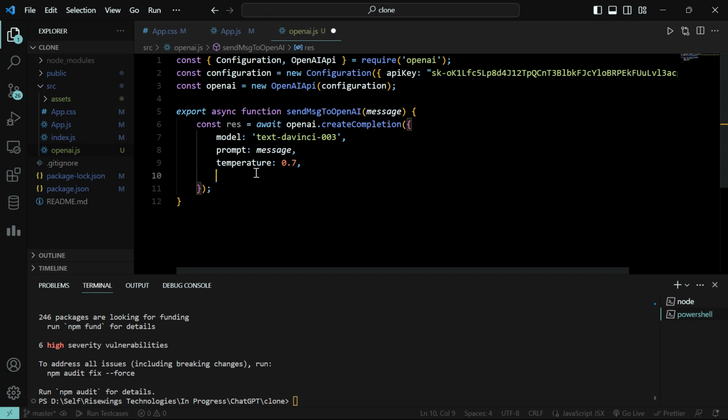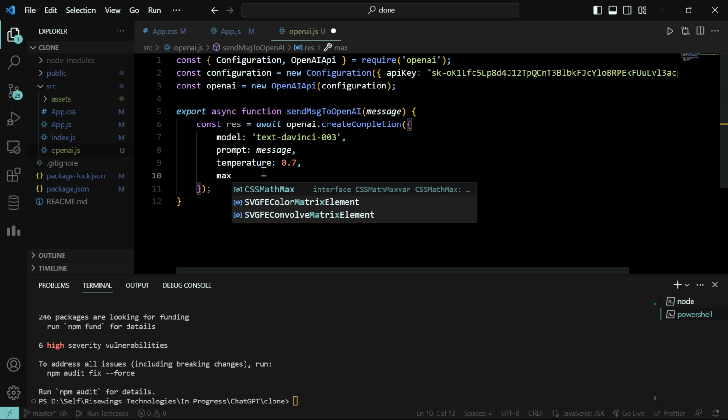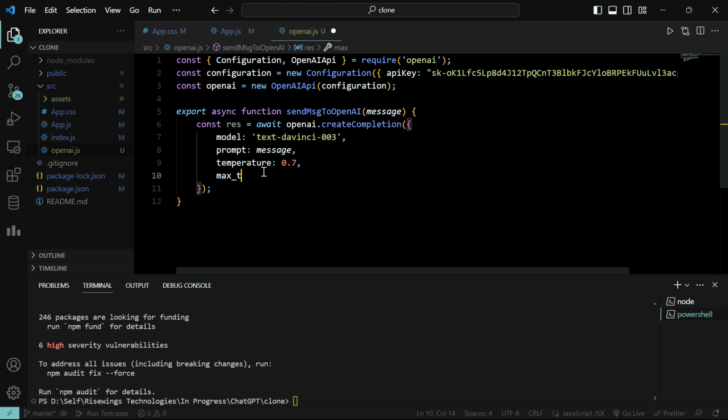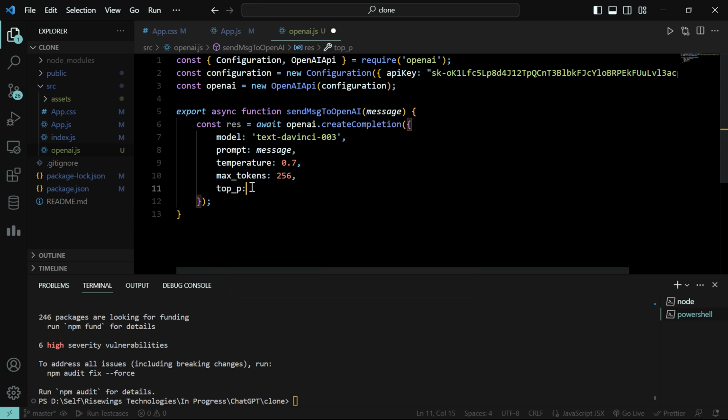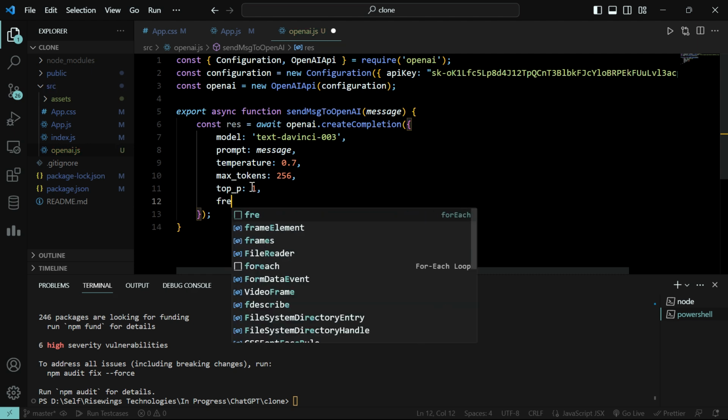Basically what this temperature is, is how creative your answer should be. Also the max tokens should be 256. Basically these are the max number of tokens, and the top_p to 1,